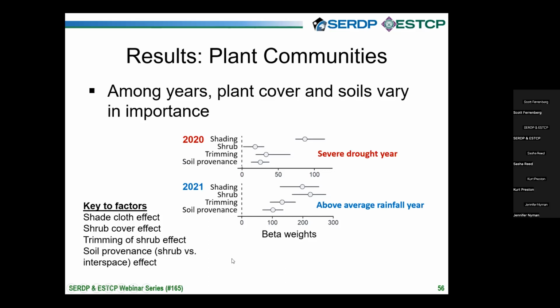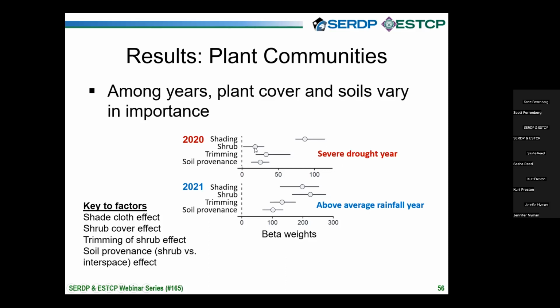And I'm going to show you 2 of 3 years of data that we have right now. The first year is a severe drought for the system in the Chihuahuan Desert, and the second is an above average rainfall year. So we had back-to-back extreme years. And we can see that if we stopped after year 1, we would have walked away thinking that shrubs didn't have a very large effect. Soil provenance and trimming: this is where a shrub is missing, but we still have shrub soil in this treatment. And they both sit a little to the right of that intact shrub, which would suggest to us that soil is really important, but something about the shrub is holding things down, even though we wouldn't call these different. And the shading just popped, which is okay. So in this case, the effect of the shade that a shrub casts would be beneficial, but something about the presence of the shrub, if we were hand waving, would have depressed that.